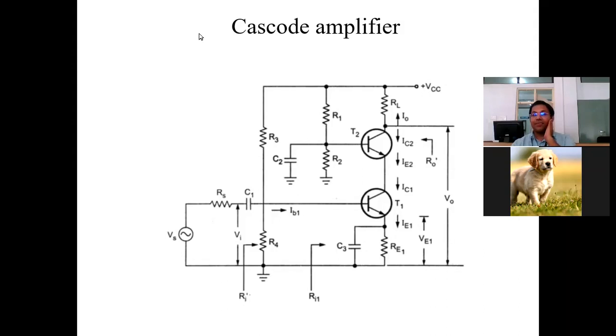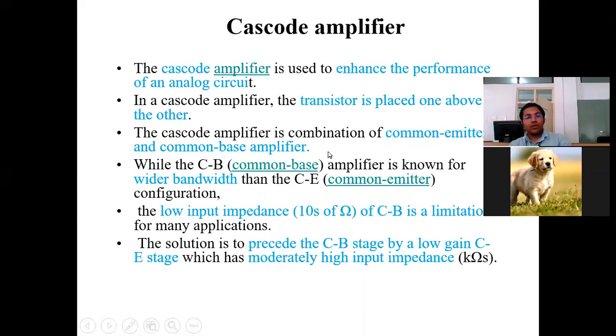Very good. Okay. For AC equivalent, capacitor acts as short circuit. So here, from AC signal point of view, we can say that emitter is grounded. Grounded means, for any amplifier, ground is a common term, right? So emitter is grounded means emitter is common for both input as well as output, for the first transistor. Second transistor, base is grounded, because capacitor acts as short circuit. So second transistor is in common base configuration.